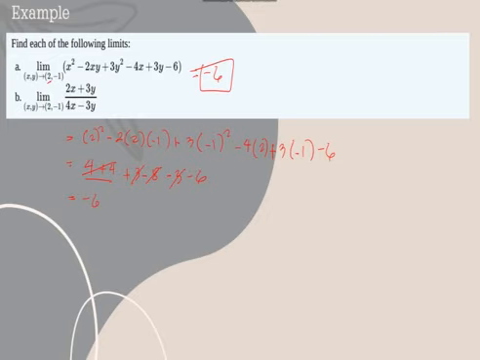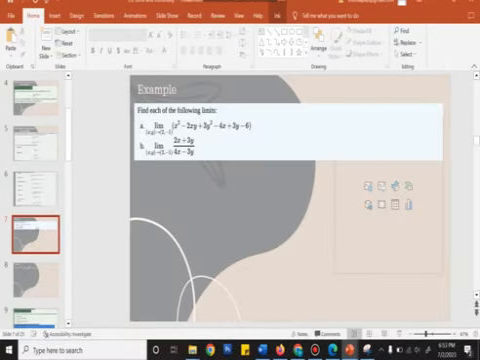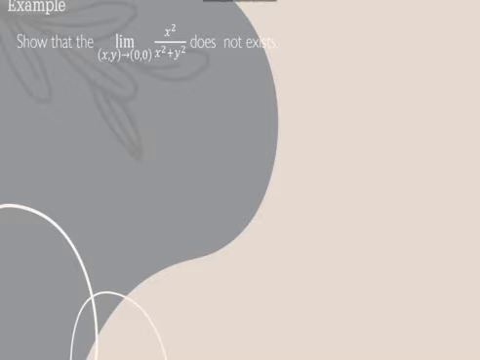So next, you can do direct substitution. If dili pwede, you can factor out kung pwede. Okay? Now, what if we will show that the limit does not exist. Now,